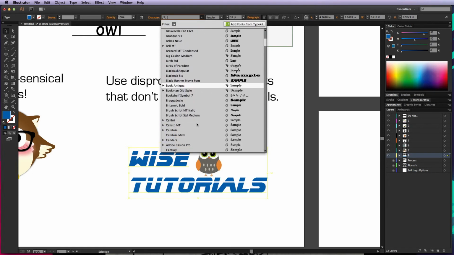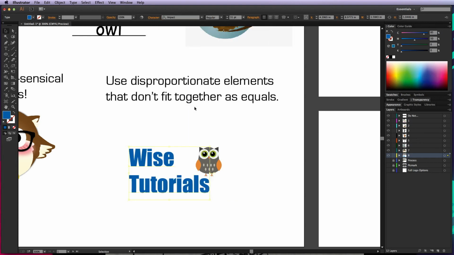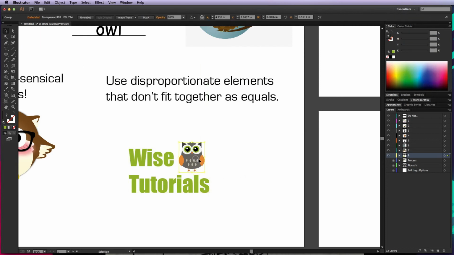So let's just go with something simple. We'll try Impact for right now. And because we have green and gray and brown and orange, there's a lot of colors going on here. What you can do is just sample one of the colors. So actually, let's sample the green. And now we're going to try and fit it in there